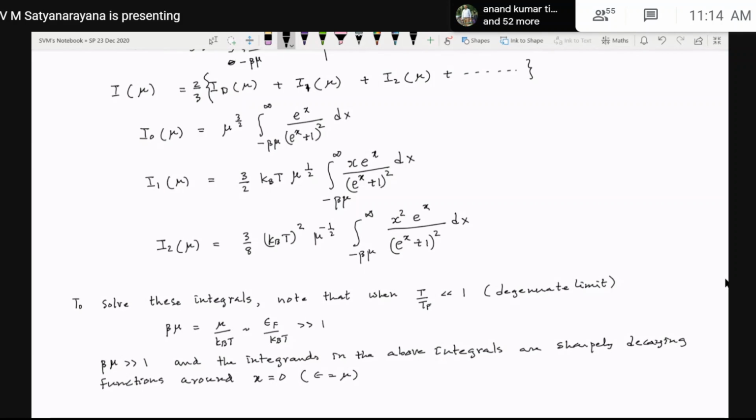So around x equal to 0, there is no loss of generality